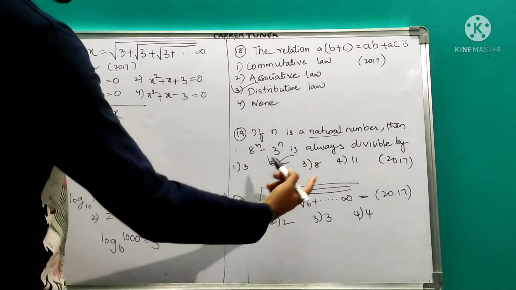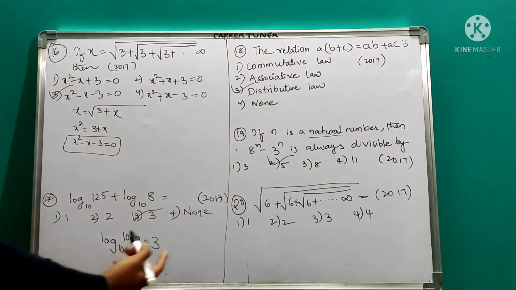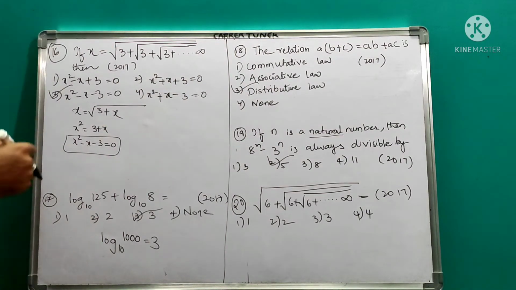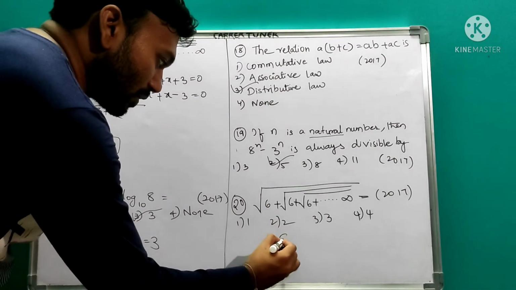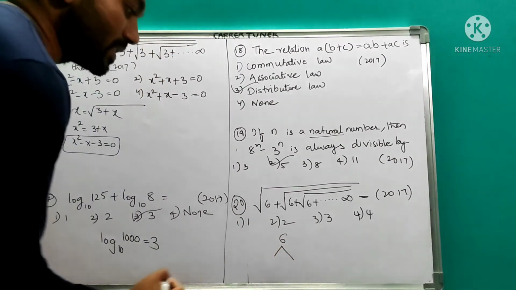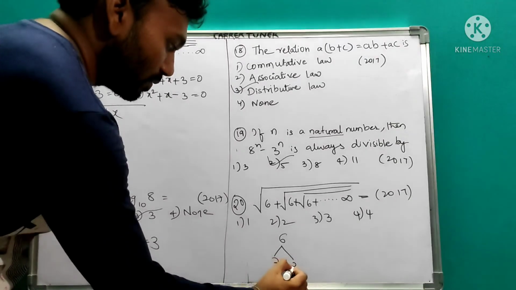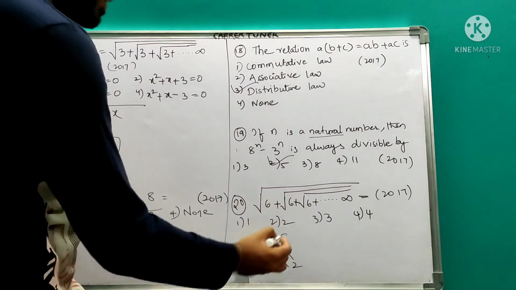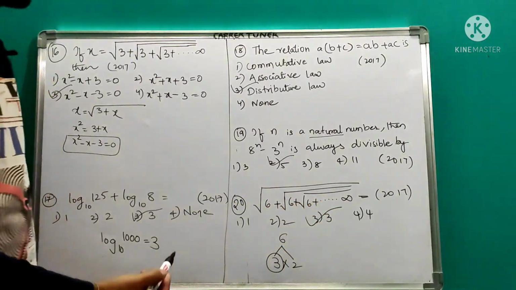Root 6 plus root 6 plus root 6 so on infinite. So see, whenever we come across this model, we have already made a video, and we are providing the link in the description. Now how to solve this, let us see. You need to split 6 into factors such that the difference between the factors must be 1. So I am writing it as 3 into 2. The difference between them is 1. So you see here there is a plus sign, so the bigger one will be the answer. So what is the answer? 3, that's it.